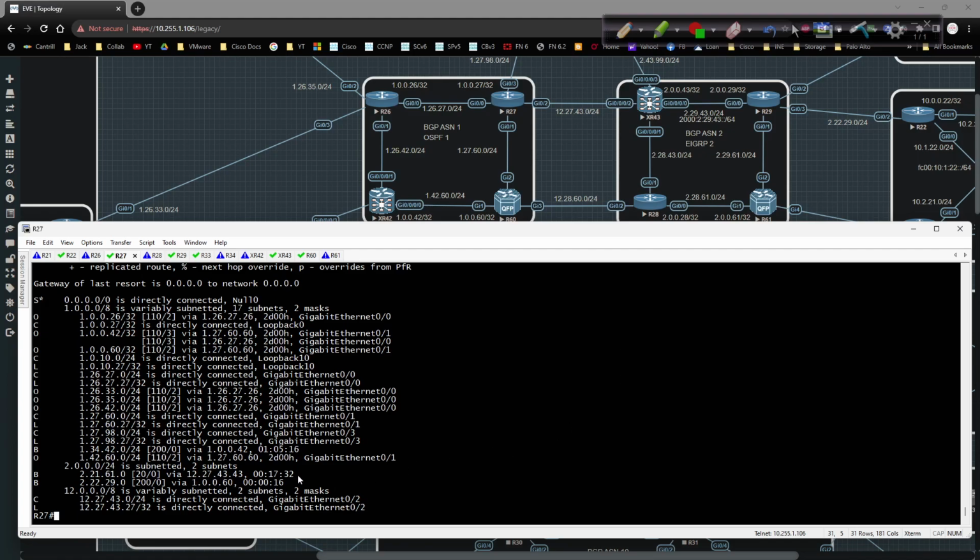12.27.43 will go 2.21.61. And you might say, well, how come you're going via one and not the other? It's kind of unusual because here you're doing hot potato routing. You're routing at your locally connected subnet, but you're doing cold potato routing here. So we could adjust this to make them both, but you would think if I'm on 27, I would go